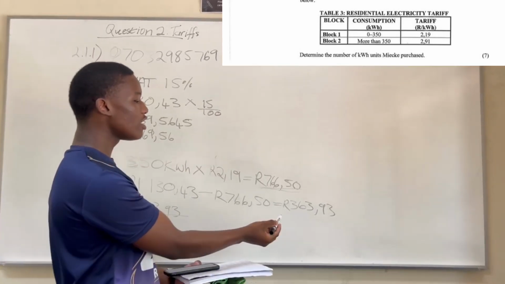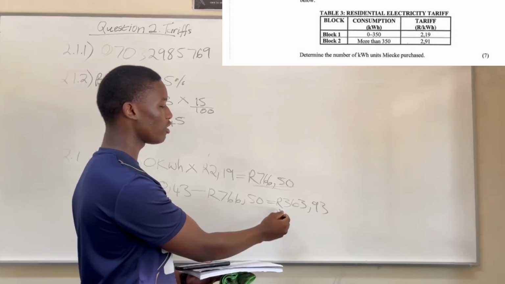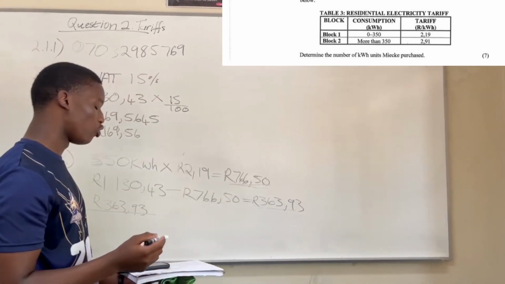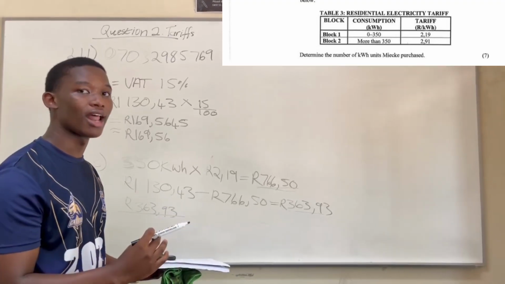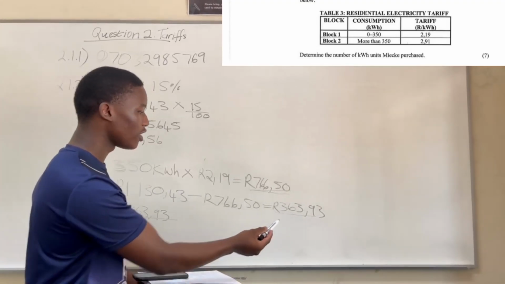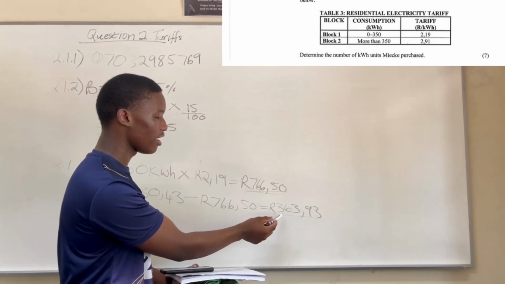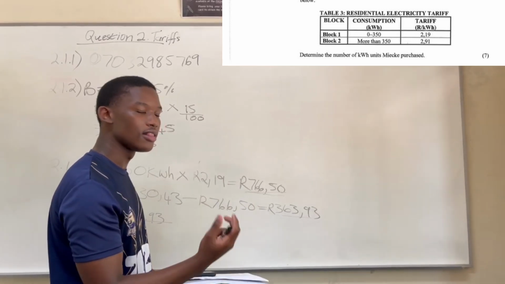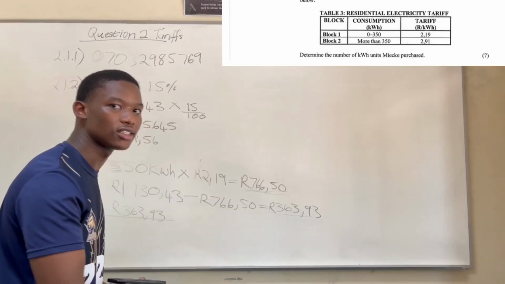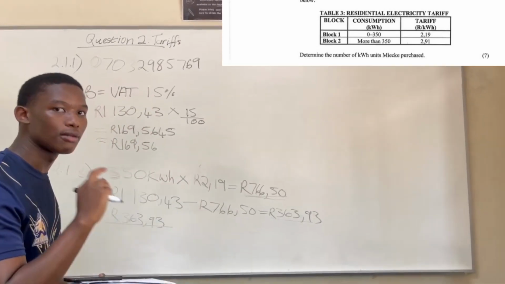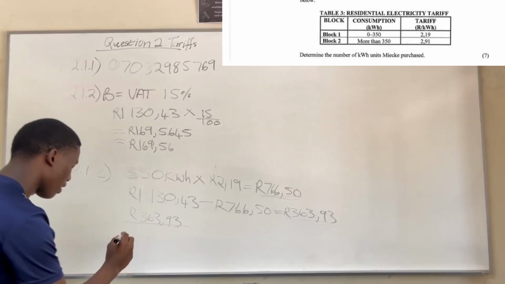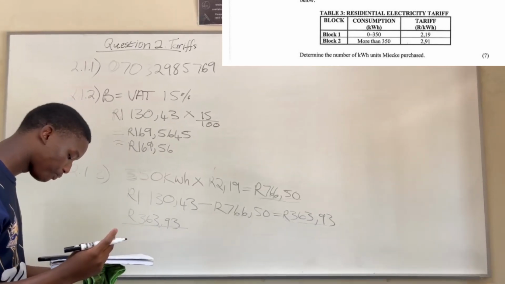Of course, we took the tariff and multiplied it by the unit, which we don't know. We are looking for that unit. So we're going to reverse it. In terms of multiplication, we're going to divide by the second tariff, which is